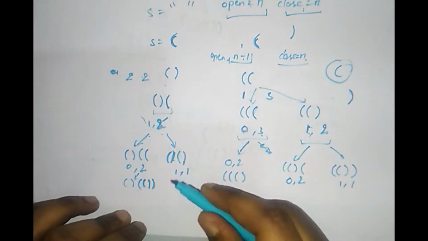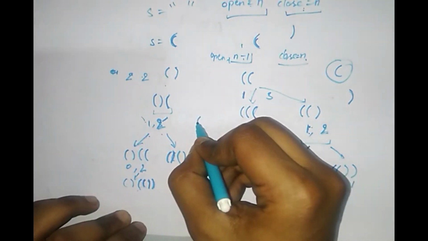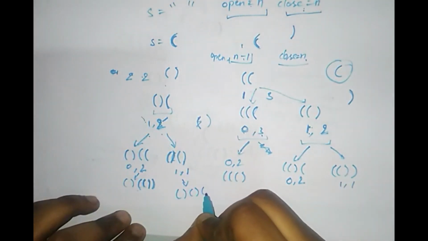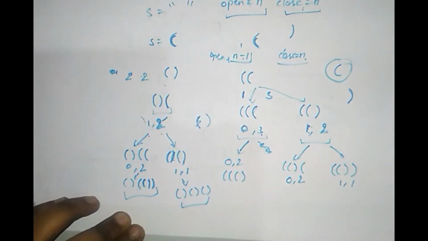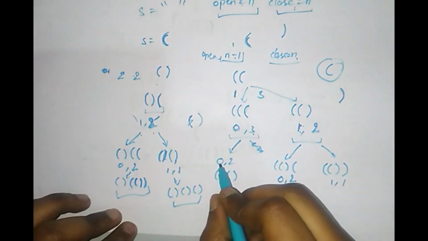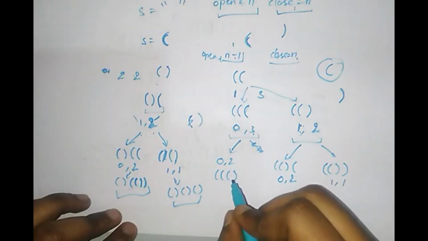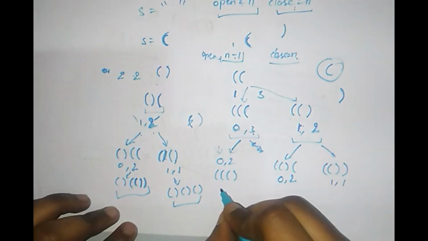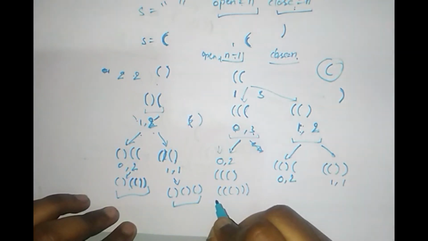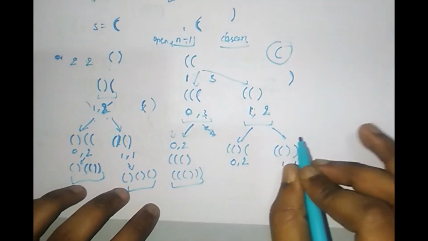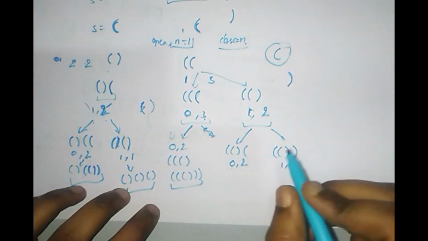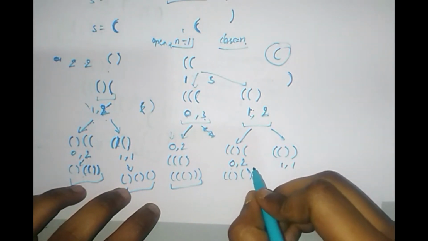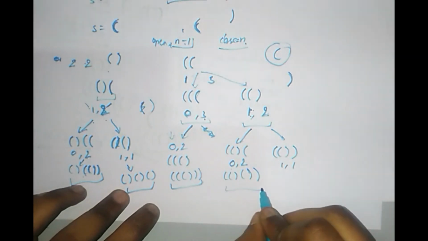Okay, so firstly we will be appending an opening bracket, and then we will be appending a closing bracket. Got it? So this will be my string. Now I am only able to append 2 closing brackets here, because the number of open is 0, so this will be another string sequence. Here also the value for open is 0, so I'm going to append a closing bracket 2 times. Got it? Okay, so this is another sequence.